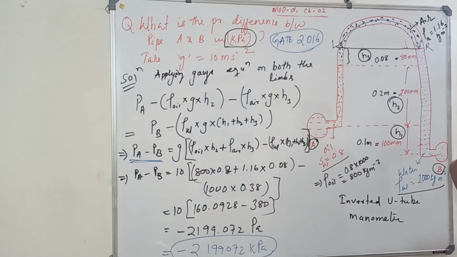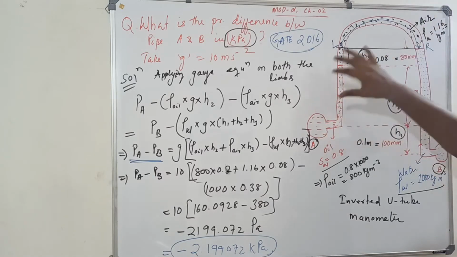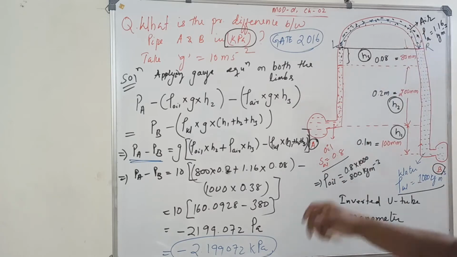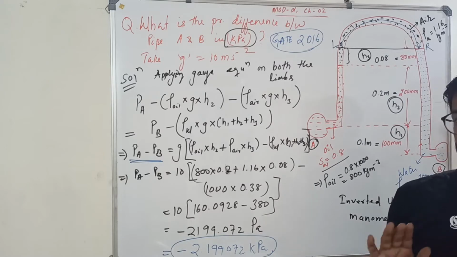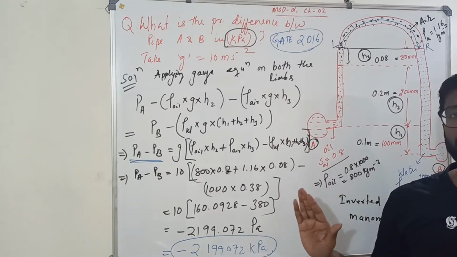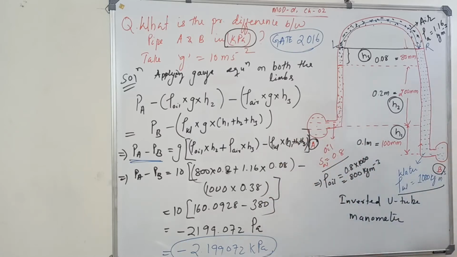See, the pressure at B is more. That's why the water column has risen this much, and air has come to the left hand side, not on the right hand side, because the pressure at B is more and total pressure here is a little more. Okay, understood? This is your differential manometer, the inverted U-tube differential manometer numerical. Okay, understood?